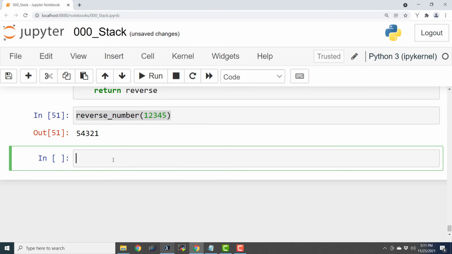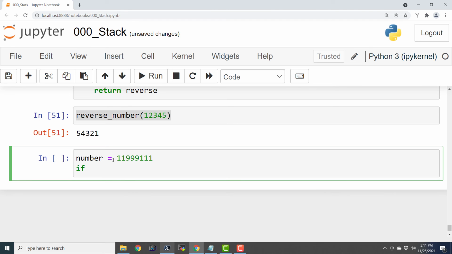We can even check if a number is a palindrome. I will say, let us say number equals to 1199911. So this is a palindrome number.